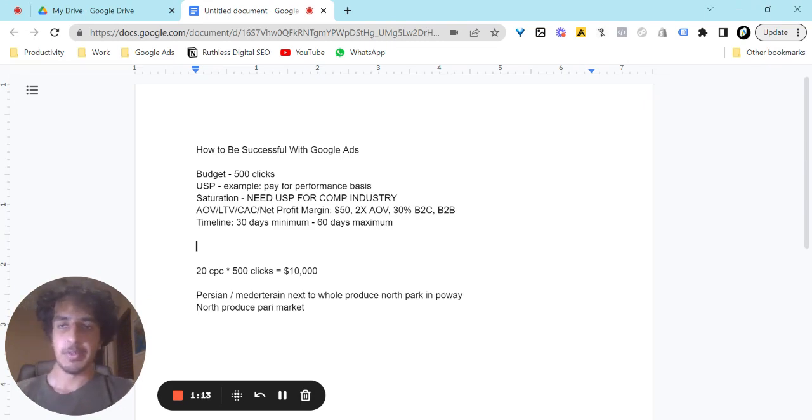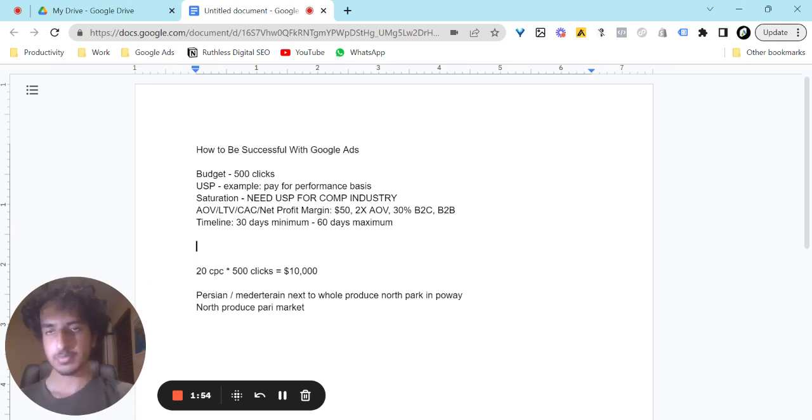So let's say the high bid is $20 and the low bid is $10. So that's a $15 average. Decrease that by 25%, and you're looking at right about there, so about 12. So $12 cost per click. You need to be able, at absolute minimum, to afford 500 clicks. So if you were doing it for a product of a $12 CPC, you need at least 6 grand, $6,000 in this particular scenario, in order to adequately advertise using Google Ads for that business.